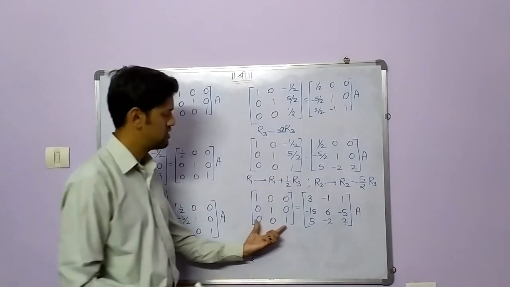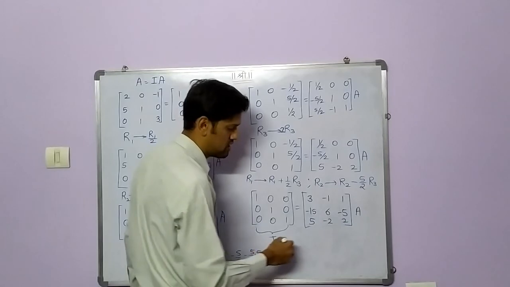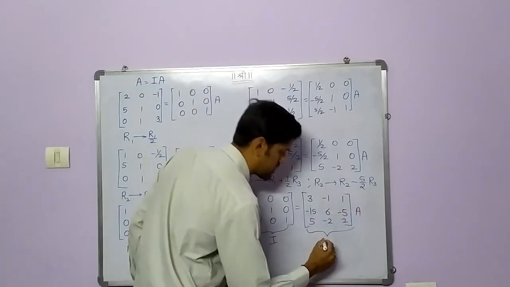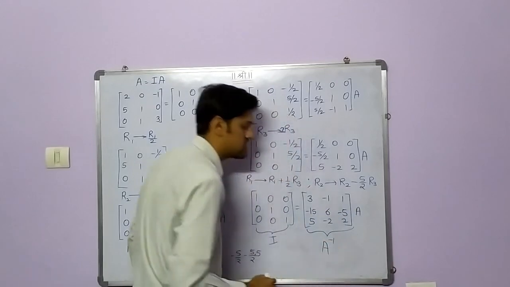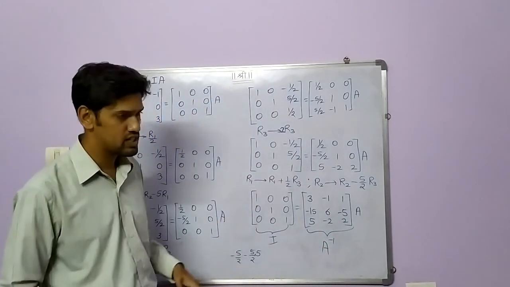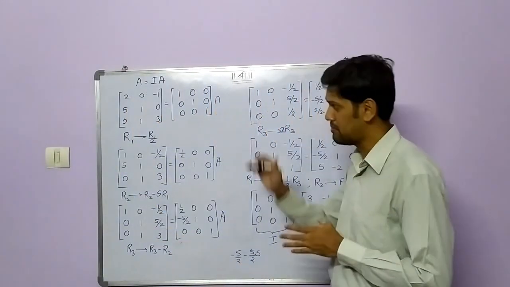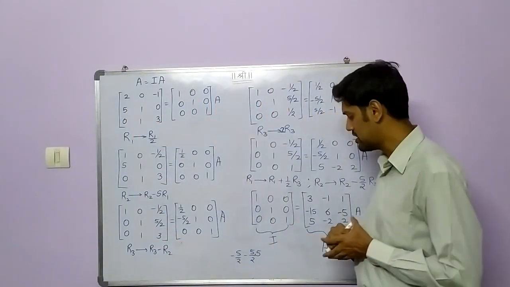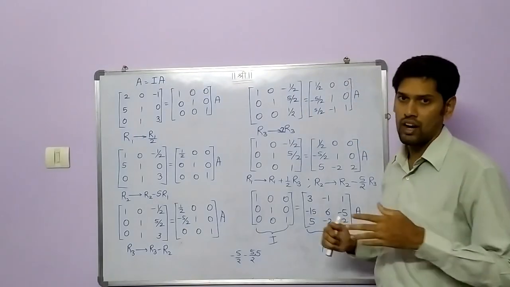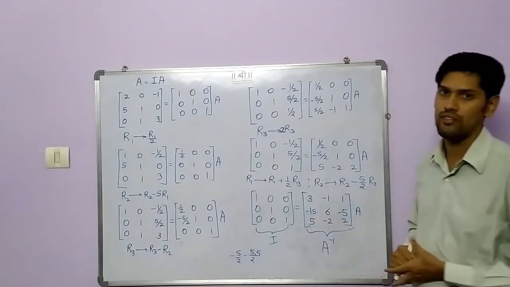Now if you observe, here we have got an identity matrix. That means this matrix into A is identity matrix. It means that this is the inverse of A. Now while solving this problem, we have used row transformation as the technique. The same inverse can be calculated by using column transformation. However, after using any of these methods, you should be getting the same inverse of the matrix.